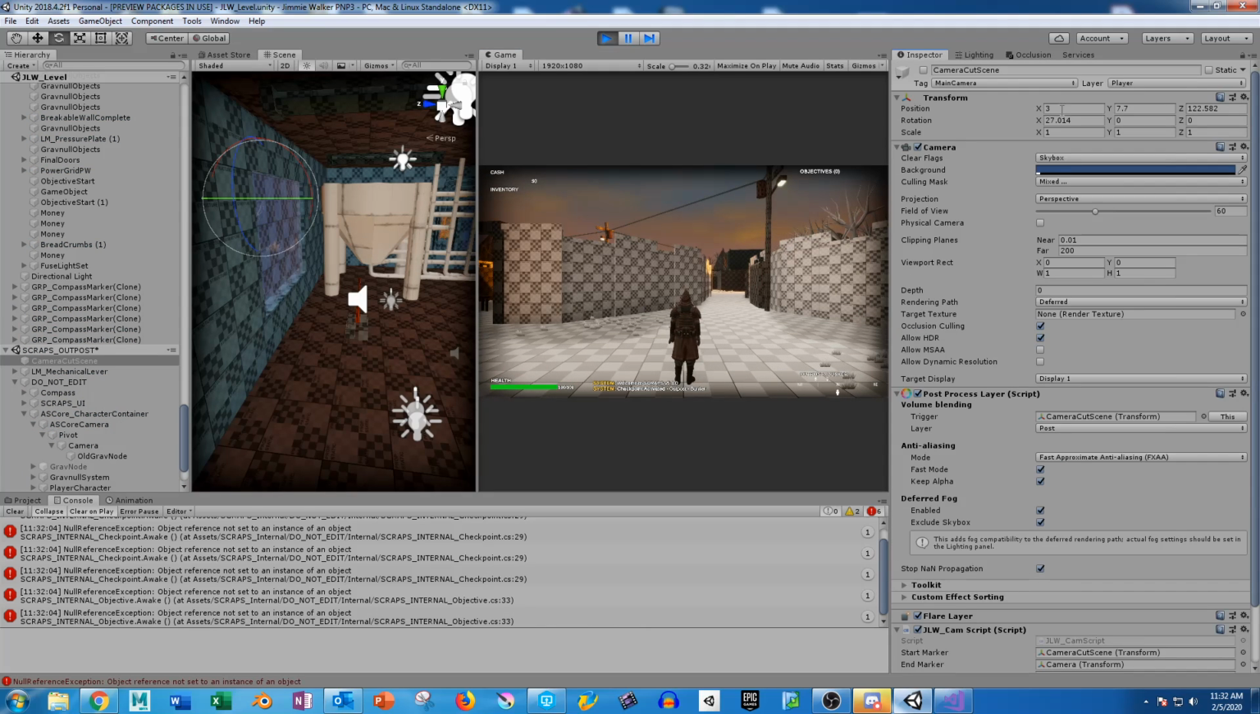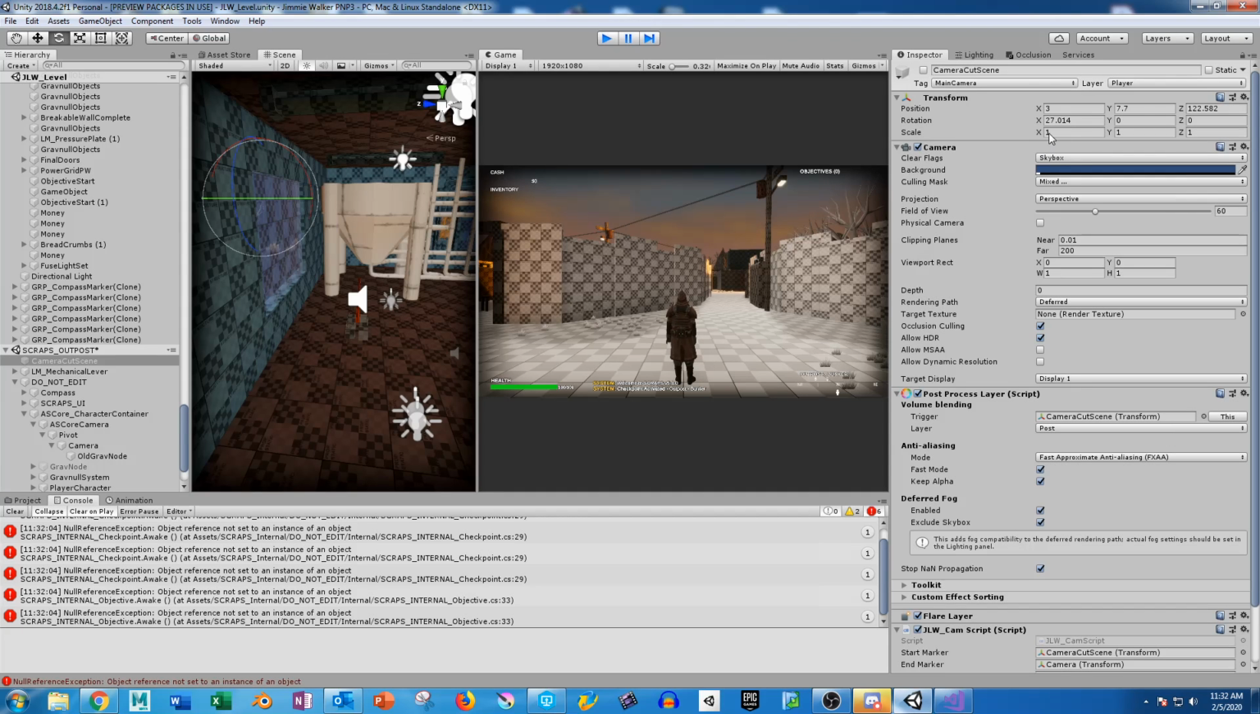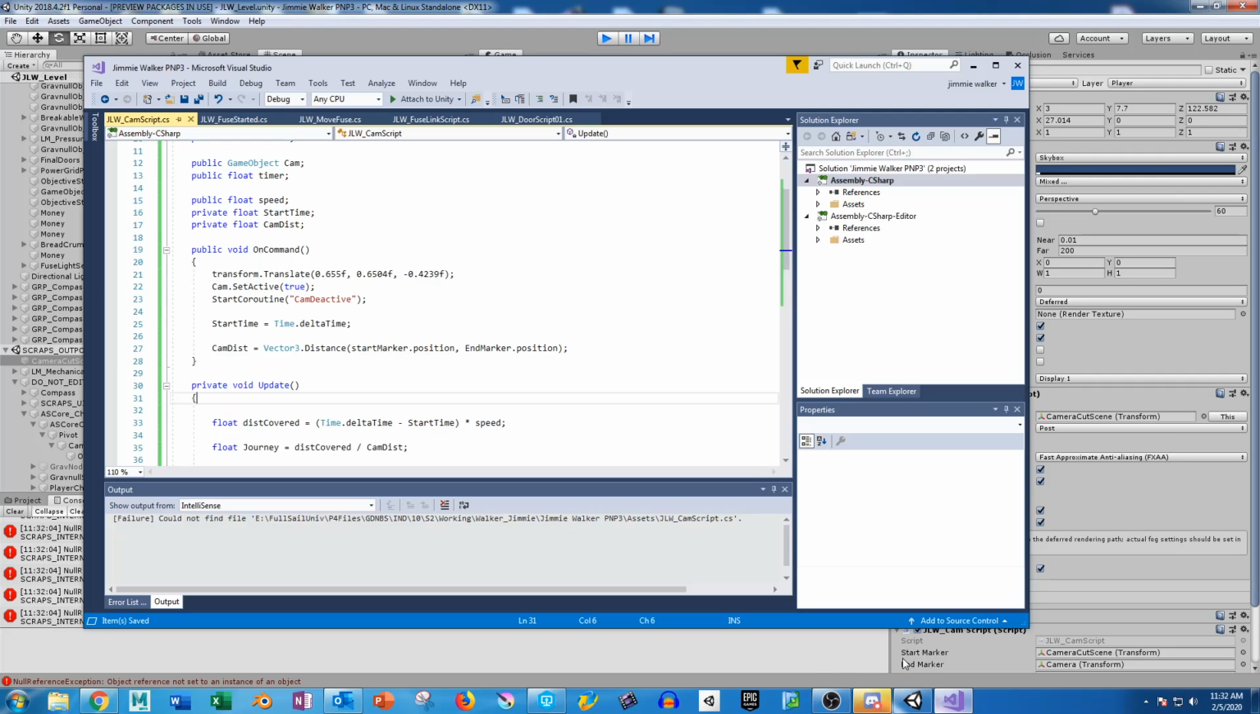Alright, so my position values have changed. Have they really? I don't know what numbers I was looking at a second ago, but yeah, I got those numbers way off. So actually it needs to be